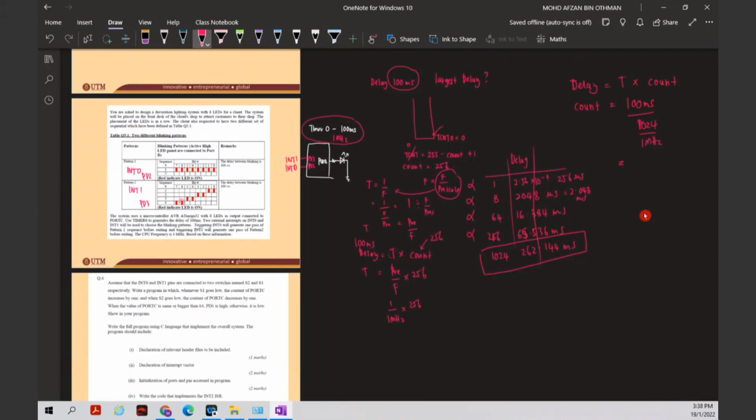Okay, 97.656. Okay, so this is the number of counts. So this one here, you can use 98. Okay, so the count is 98 times. Okay, so from here,